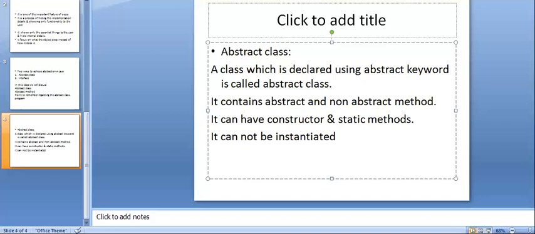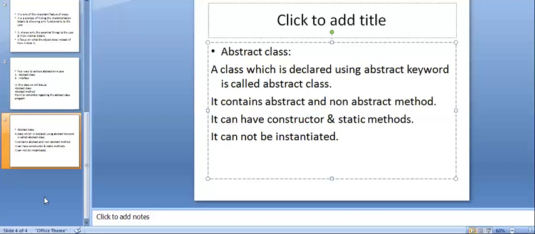So a class declared using the abstract keyword is called an abstract class. It contains abstract and non-abstract methods, and it can have constructors and static methods. We cannot create an object of the abstract class.